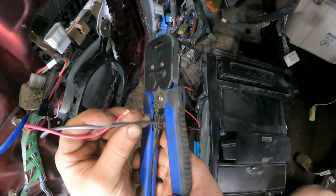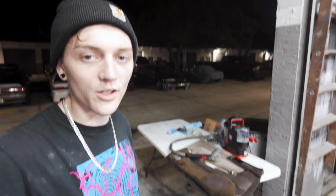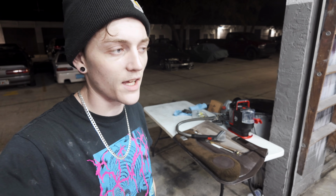So as you guys just saw, I went ahead and wired in that last speaker right there. And then I started steam cleaning the door cards and the interior plastics just because they had a bunch of body filler all over them and stuck to them. I've also painted and clear coated in here, so there's a chance that's why they're so gummed up with stuff. So I've been steam cleaning all of those things to try to get them as clean as possible